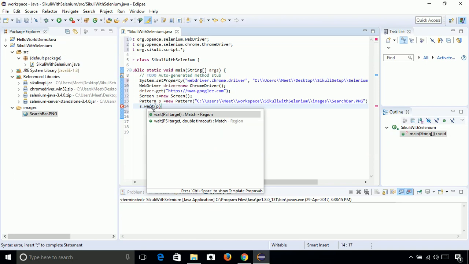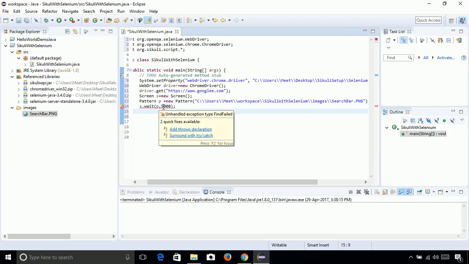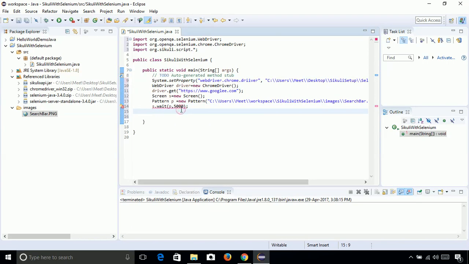Let us make use of the wait function here, and you can also give the seconds. Here it will be milliseconds, so we want the screen to wait for 5 seconds, and in these 5 seconds it will wait for this pattern to appear on the screen. Now here we have to handle the exception.